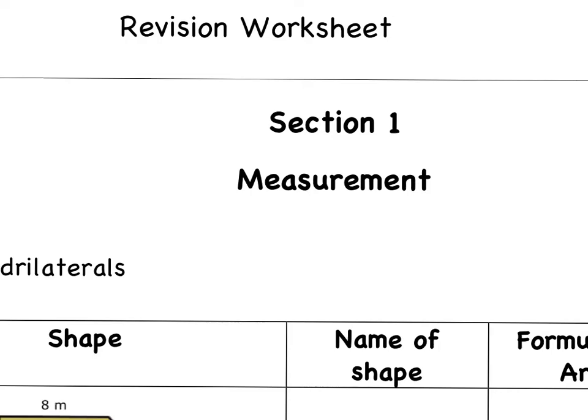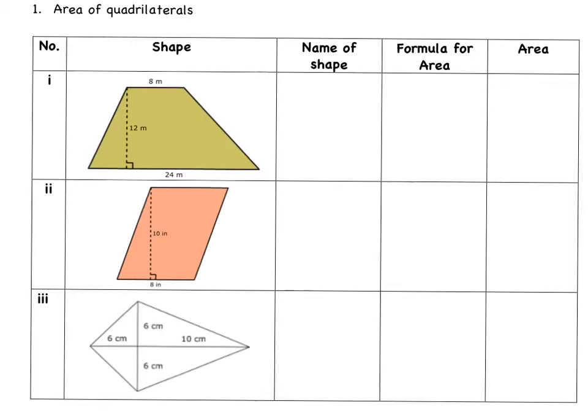Form 2 Revision Worksheet, Section 1, Measurement. Number 1, Area of Quadrilaterals. So, the first question is asking us to name the shape, put down the formula for the area, and to calculate the area. So, the first shape is a